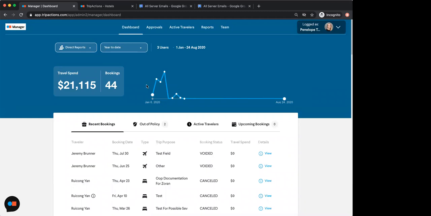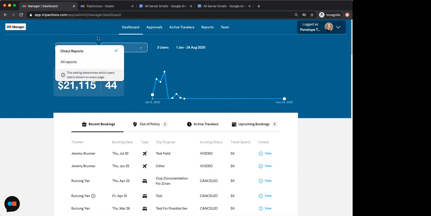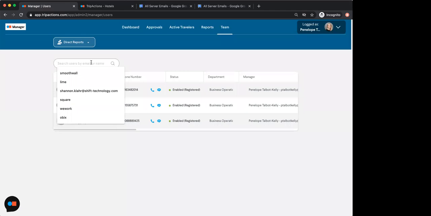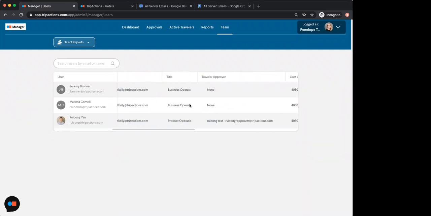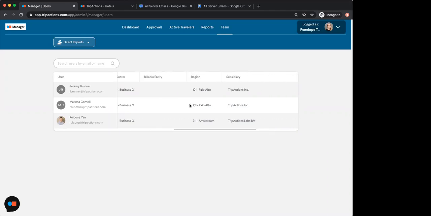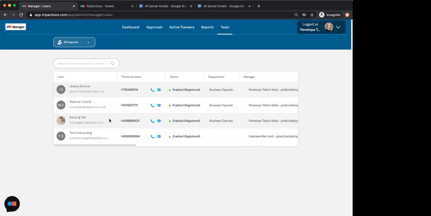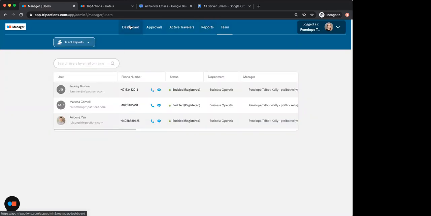So this is an overview of all of your travelers. You can view direct reports and you can review all reports. Just depending on how you're set up in the user list, this is how you'll have access. And you can see a list of who's on your team just by clicking team. You can search for people as well. So if you have a long list and you want to search for someone in particular, you can do it that way. User, phone number, manager, title, approver, cost center, all of those things are located on this little snapshot of the user list. And then you can also see all reports instead of direct reports. So longer list. So going back to the dashboard,